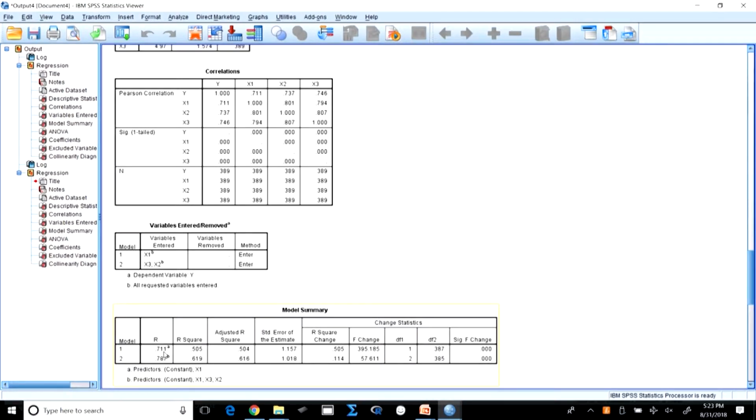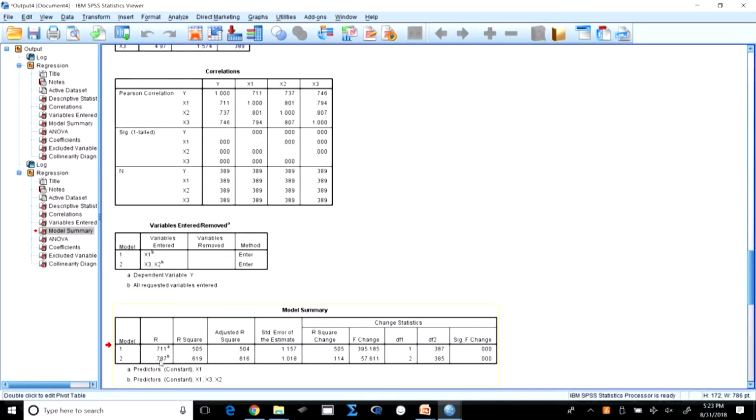The first model, when I used x1 only, my R was 0.711. This R is the multiple correlation, and R square is the square of it, 0.505. Adjusted R square is similar, 0.504. Is this significant? Yes, it is.